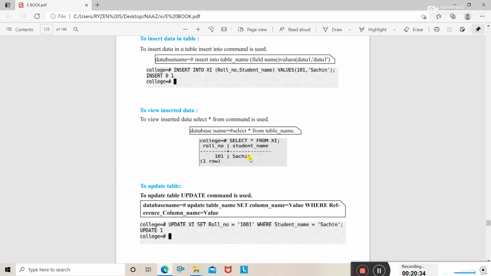So set roll number equal to 1001. That means we are updating the roll number as 1001 where the student name is Sachin. The where clause is followed by the condition. The condition is student name is Sachin. So it will find the student named Sachin and then edit the roll number of that student.